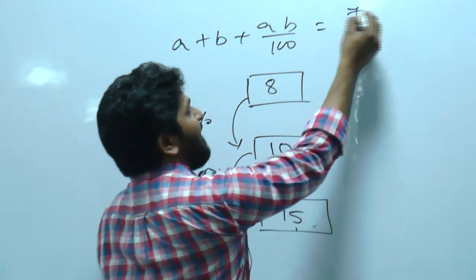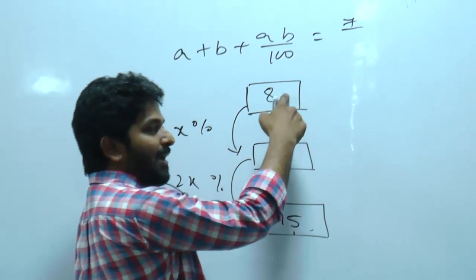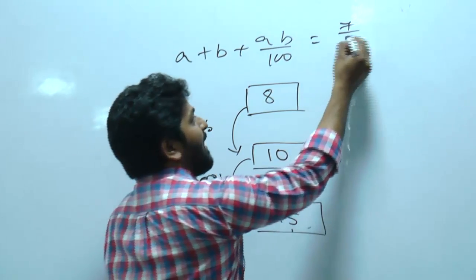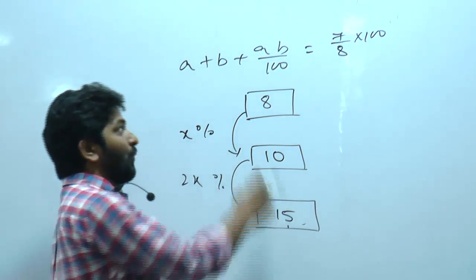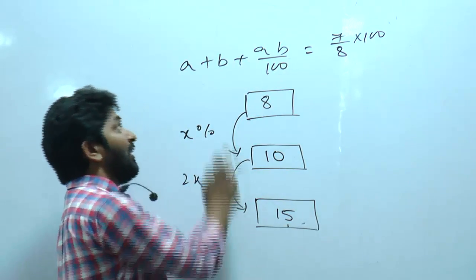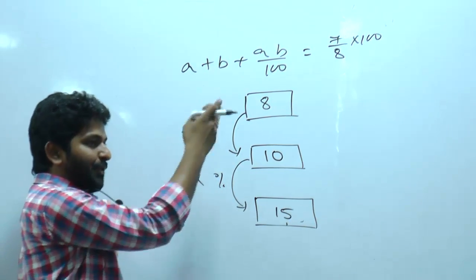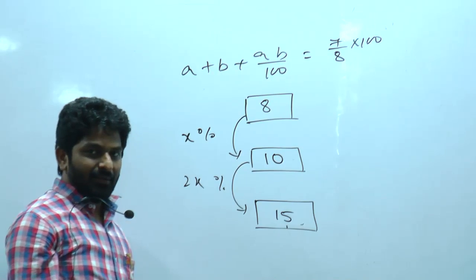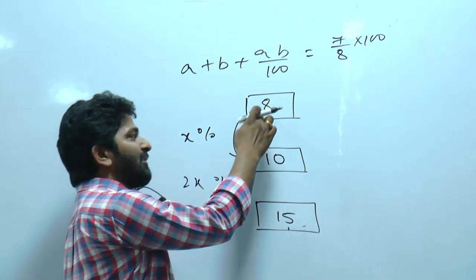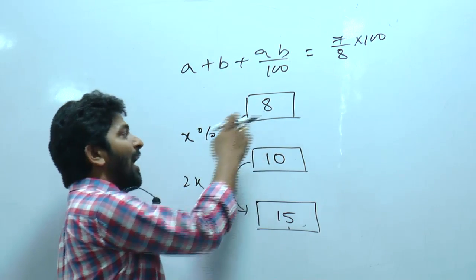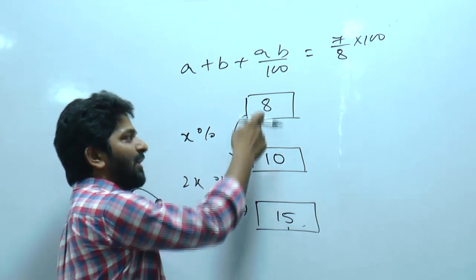So that will be 7 increase, from 8 becomes 15. 7 by 8 into 100. This is the actual percentage increase, which is equal to a plus b plus ab by 100. A value is x and b value is 2x. Substitute it, then you will get the answer. Right? But instead of that, because your starting value is 8, after increasing x%, every time you will get